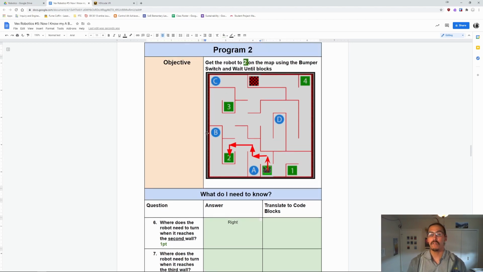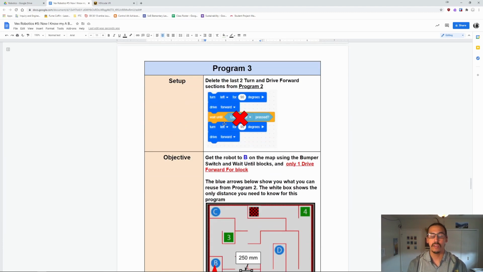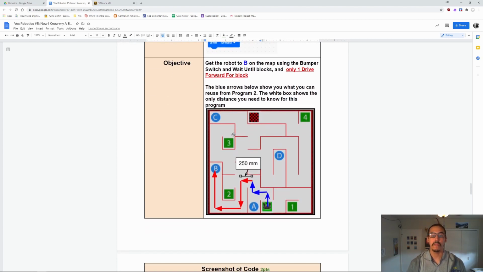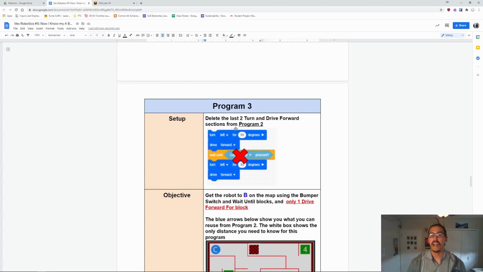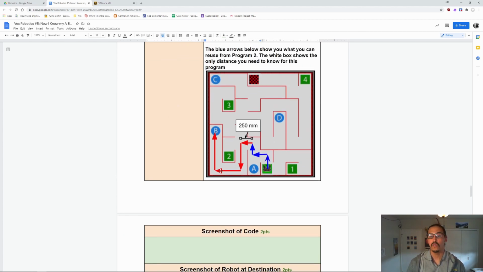You need to be careful on this next step. Make sure you read the instructions because for program number 3, you just need to delete the last 2 drive and turn sections because program number 3 is going to be based on that. So you can see the blue arrows here. That's all the stuff that is recycled directly from program number 2. So if you did it correctly, you just need to erase these last 2 sections from your answer to program 2, and then you can continue on with these new red arrows to direct the robot over to the letter